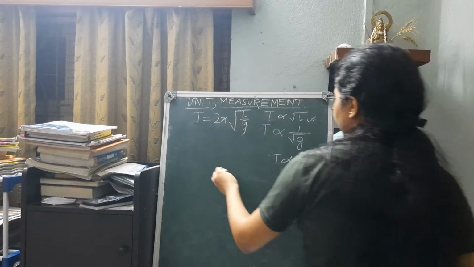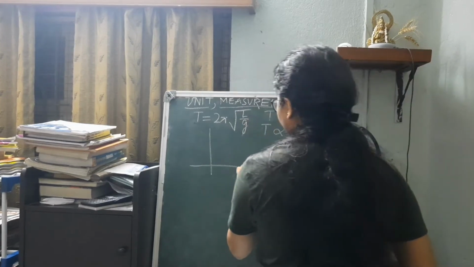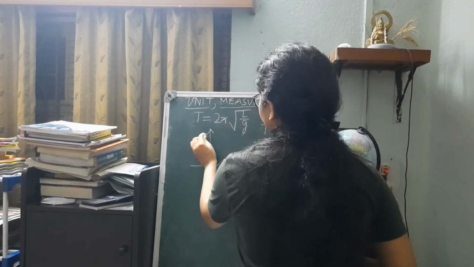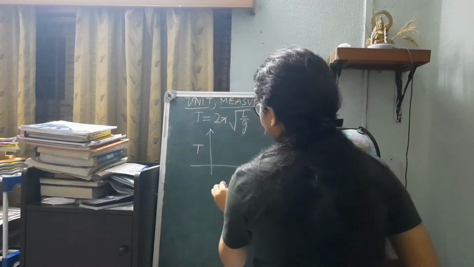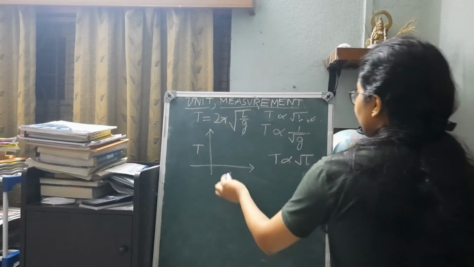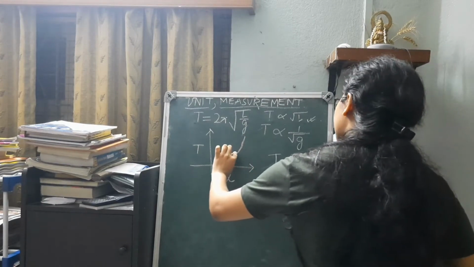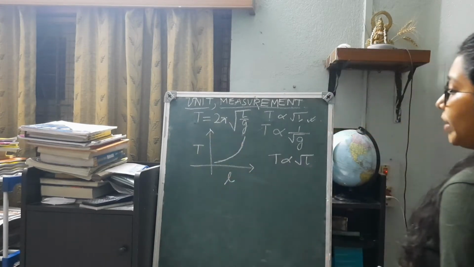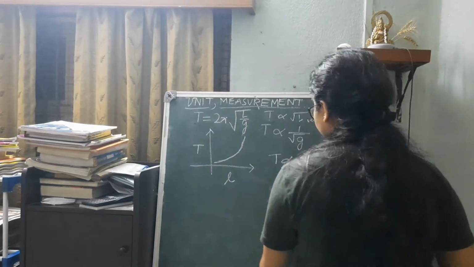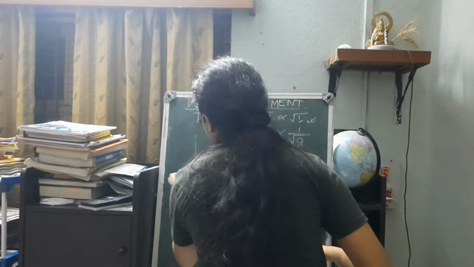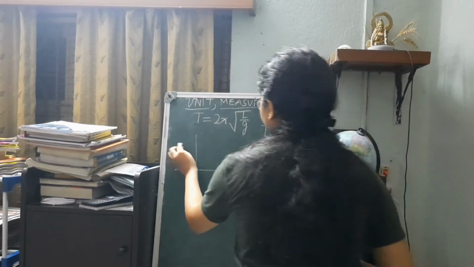The next question will be to draw the graph between t and L. When it comes to t and L, because we are going for root L whole square, it will be this sort of a graph, the graph between t and L. Now if I again draw the graph of t square versus L,